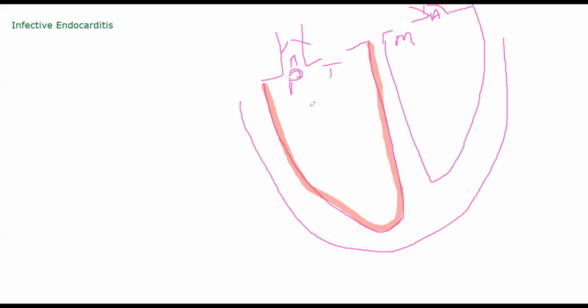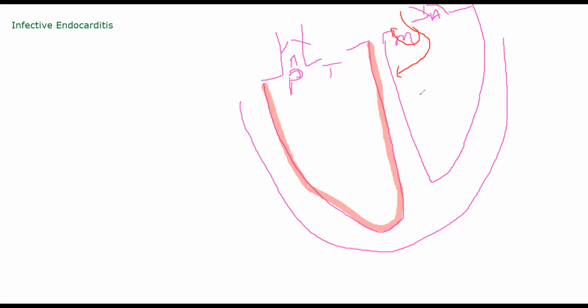What happens is, whenever there is an infection specifically coming to these parts, okay, it will enter systemic circulation. I'll tell you how these infections will occur, but they will start affecting the endocardium and they will start affecting these valves in turn. Okay, especially on the left side of the heart, because infection is more likely to occur on the left side since it will enter systemic circulation. It may first go into your right, then ultimately into your left. In any case, the left part of the heart will get affected mostly. The right part of the heart is rarely affected. It is sometimes, but mostly on the left.